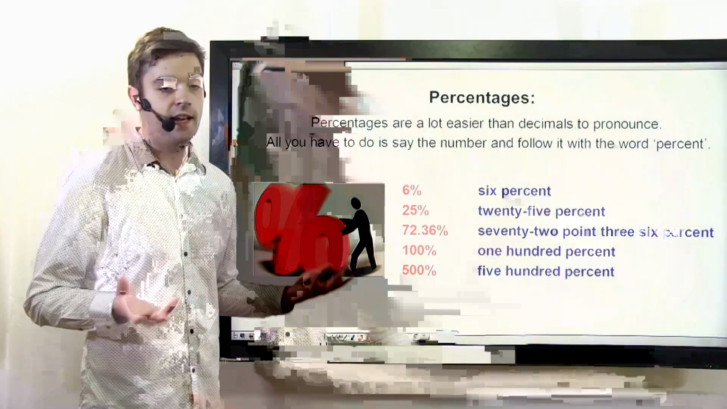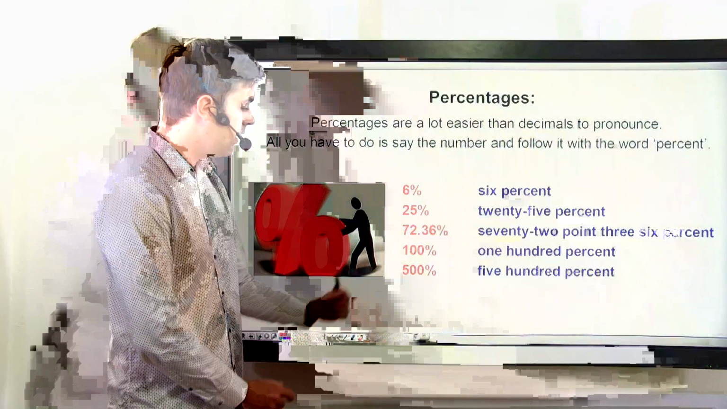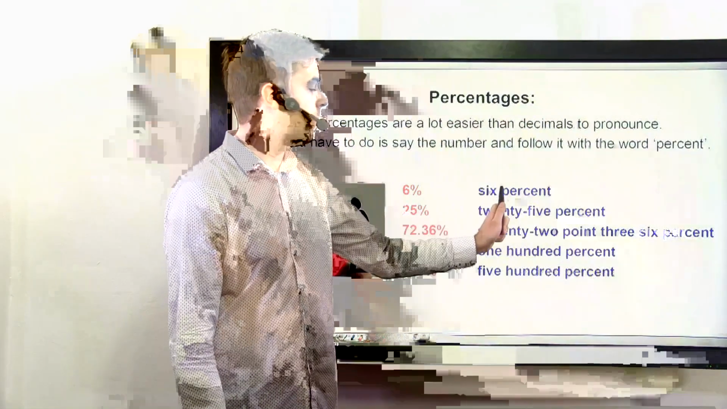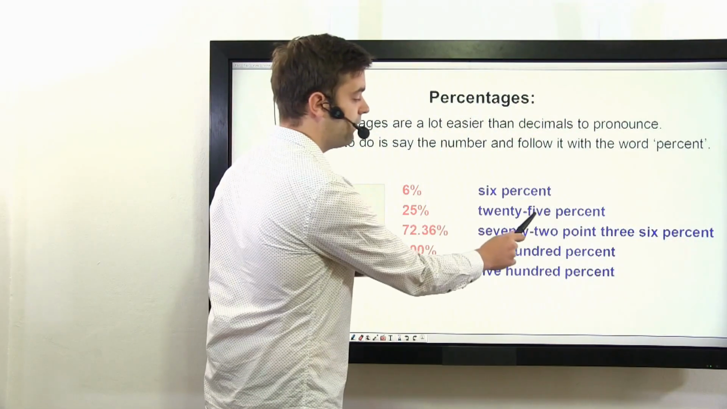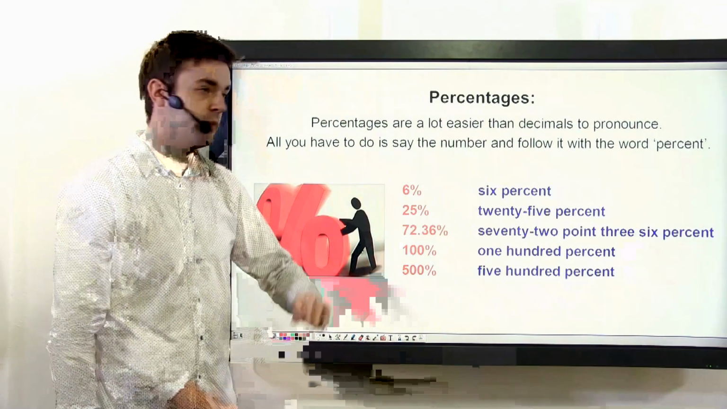Percentages are a lot easier than decimals. So, let's have a look. %. 6%. 25%. Bit harder. Remember the rules from